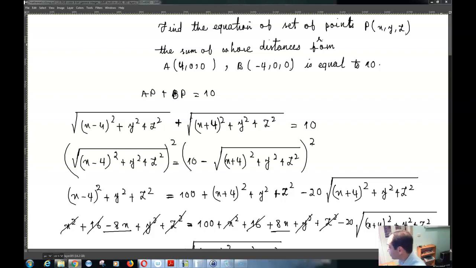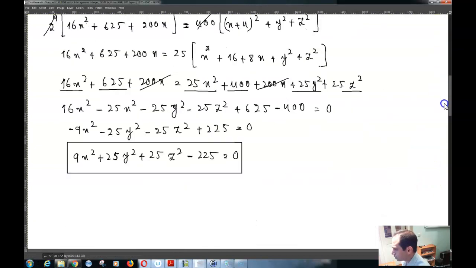Okay, so your points are 4, 0, 0. That's 1 point. You have another point, negative 4, 0, 0. That's another point. And then you have an equation over here, which is